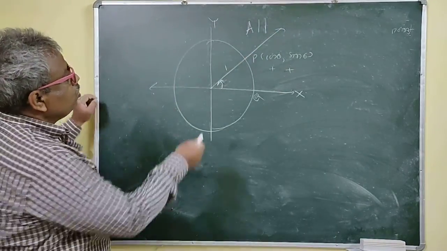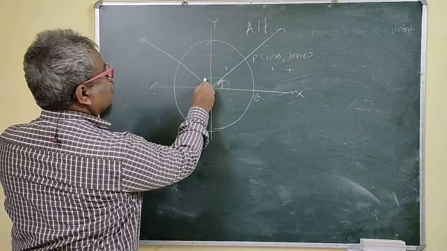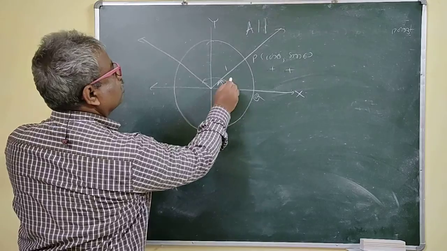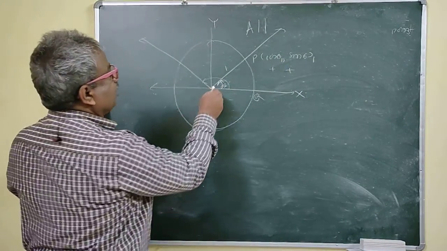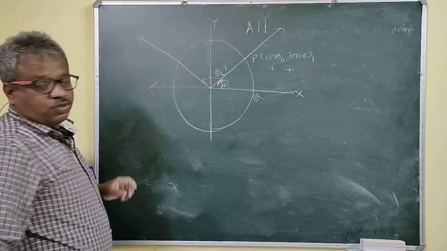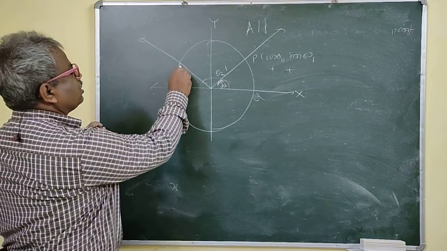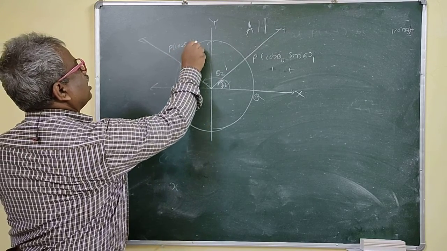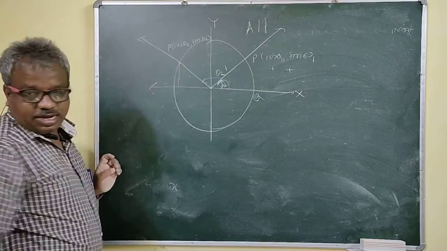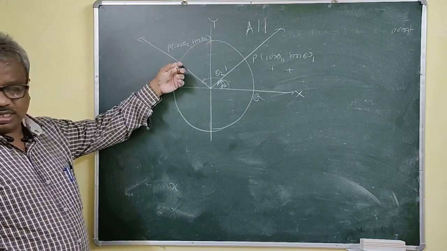Right? Now suppose this is your theta 1, and suppose here this is your theta 2. So where is your angle? In the second quadrant. Again, this is your standard unit circle, and this is P (cos theta 2, sin theta 2). Right? The terminal arm intersects the standard unit circle. You can show that this is